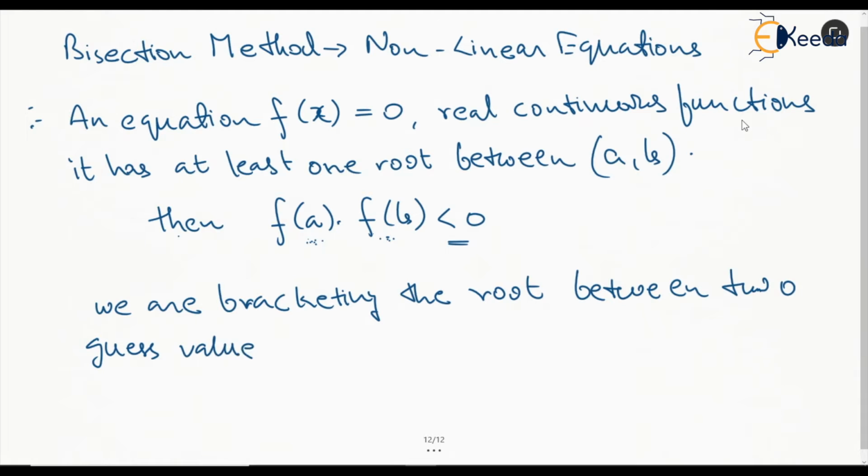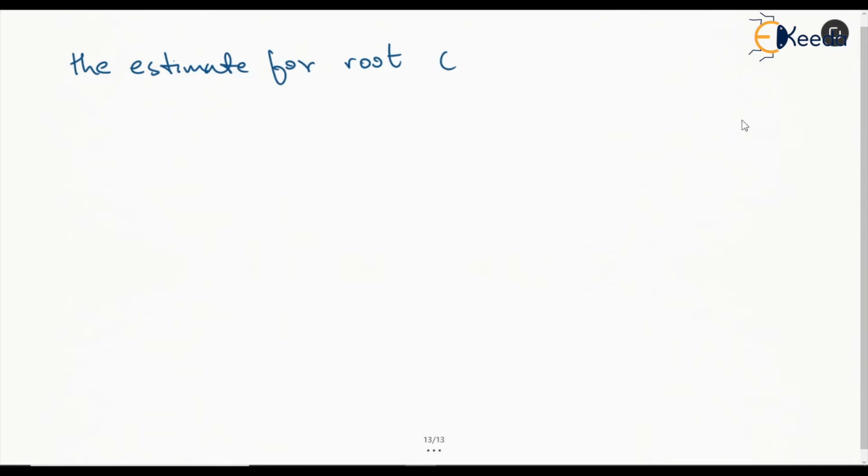Like we said, a and b. So a and b are the two guess values, and of course we are expecting that the nature of the values is opposite. So we are bracketing the root, and the estimate for the root can be given by